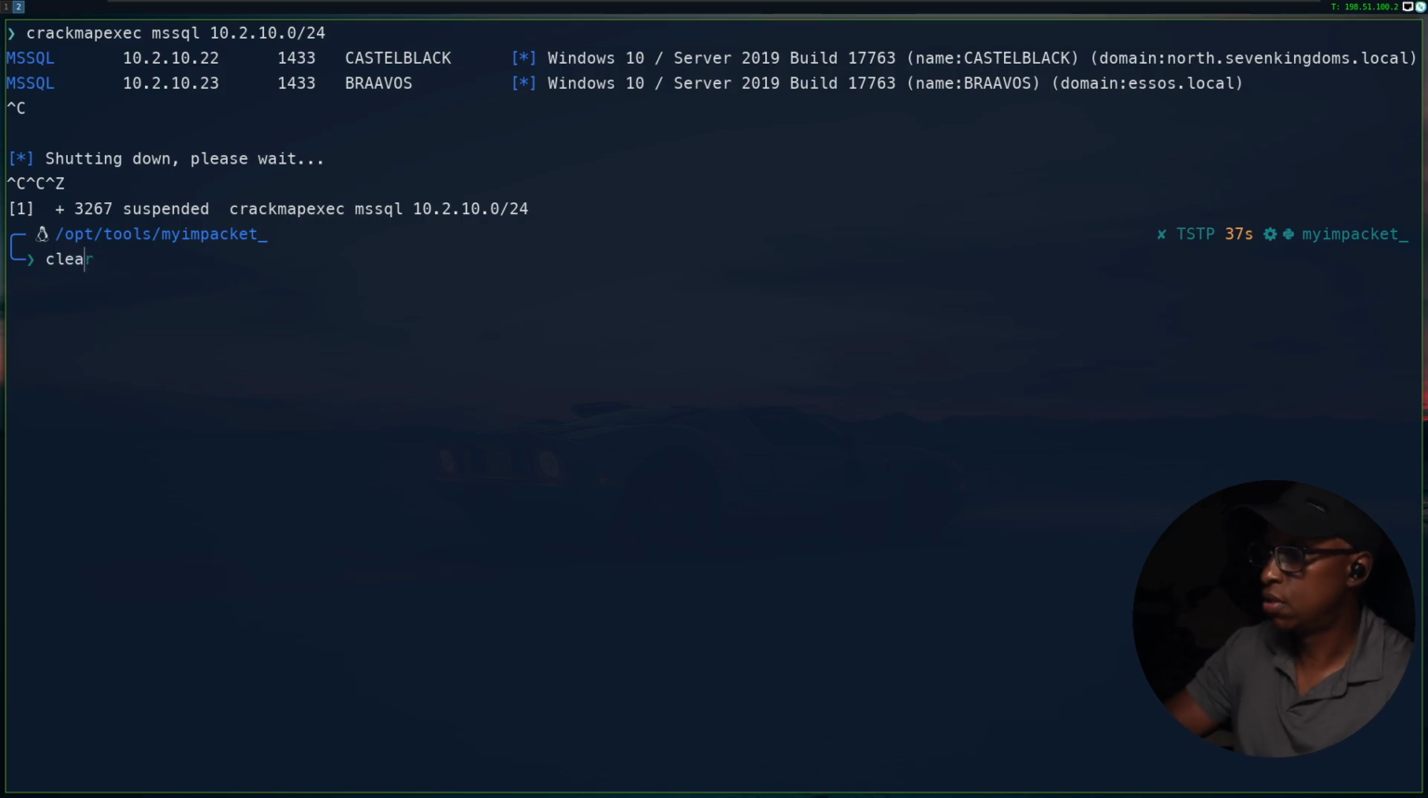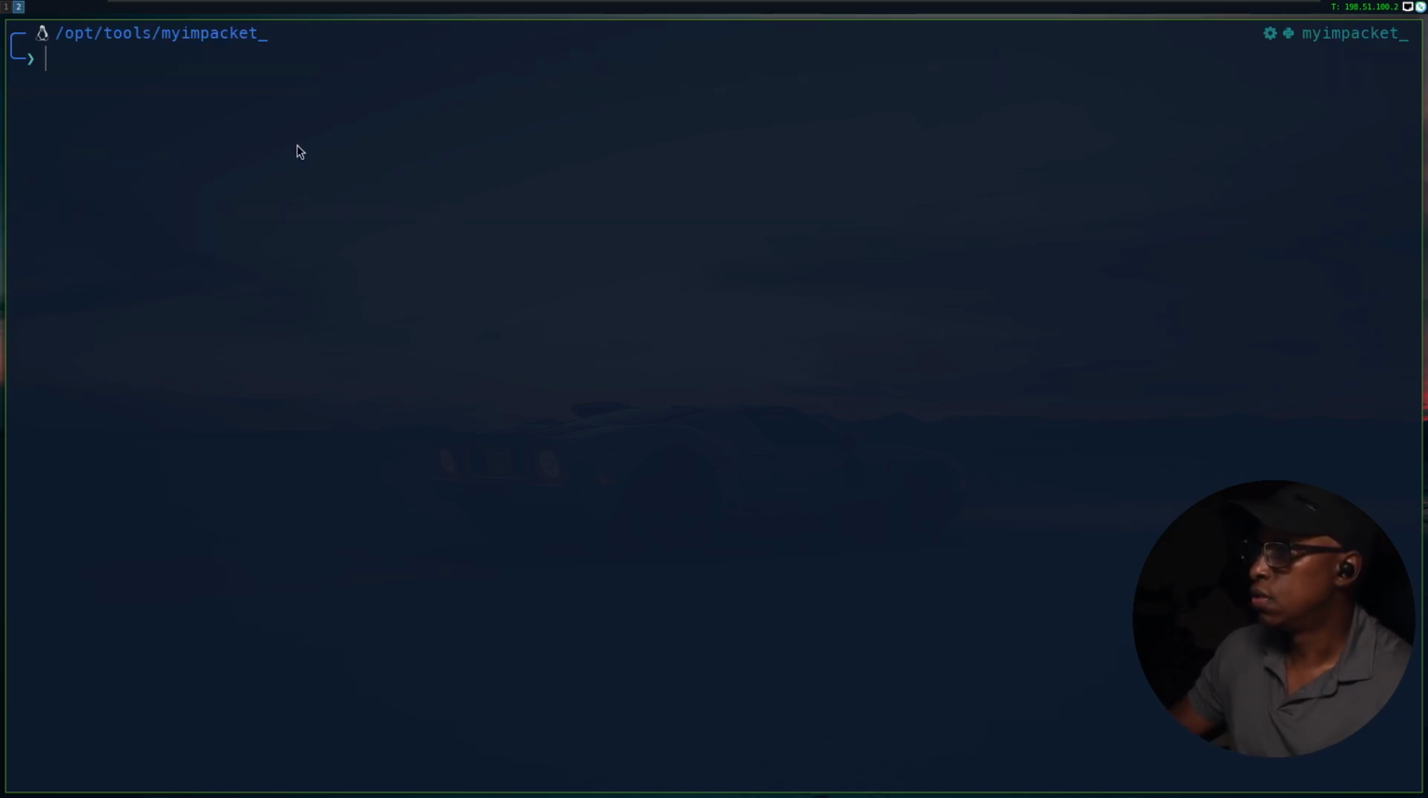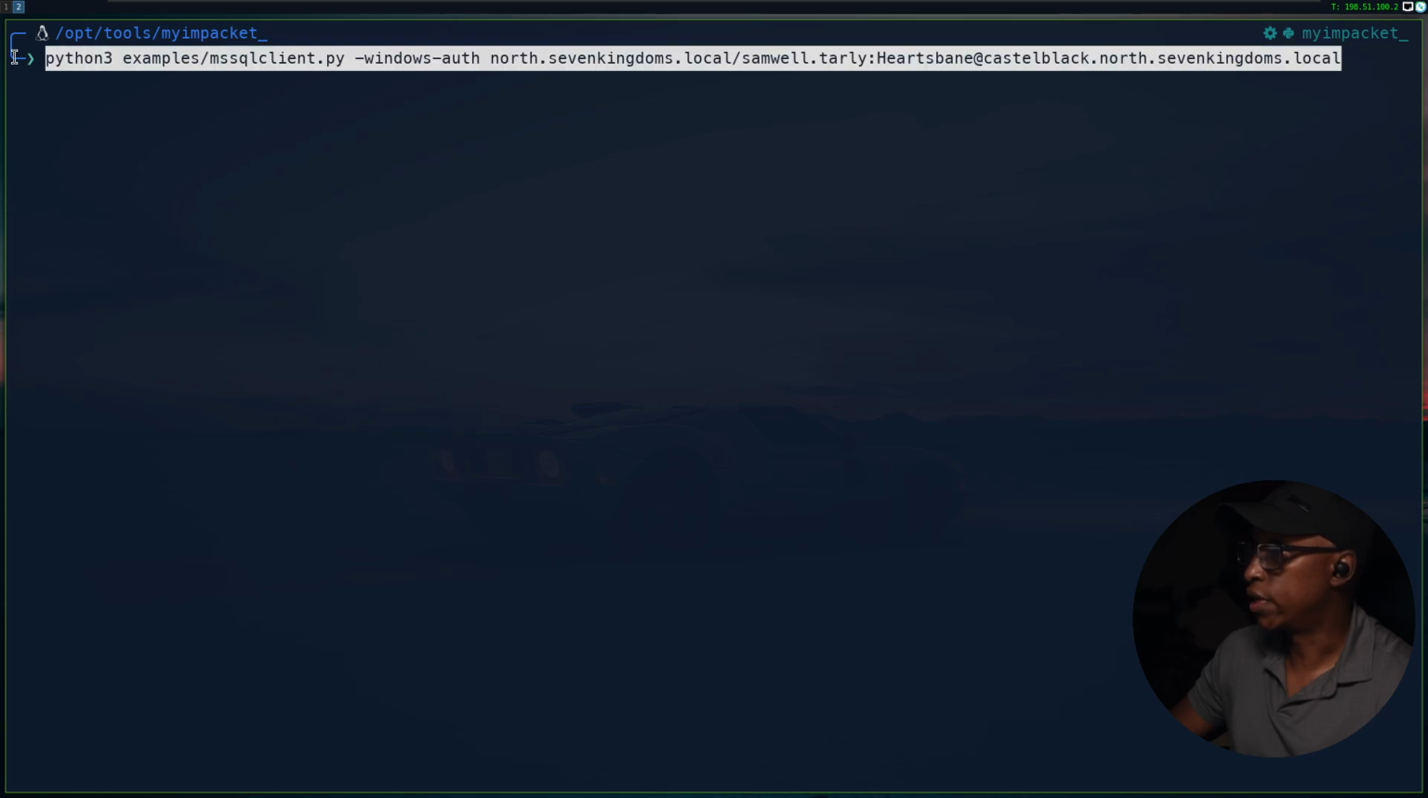All right. This is the command if you want to connect. Again, this is the customized version because we are working inside this virtual environment. That's Windows auth, this is the domain, this is the domain user, this is the password, and that is the machine, which is part of that domain. So if we do that,